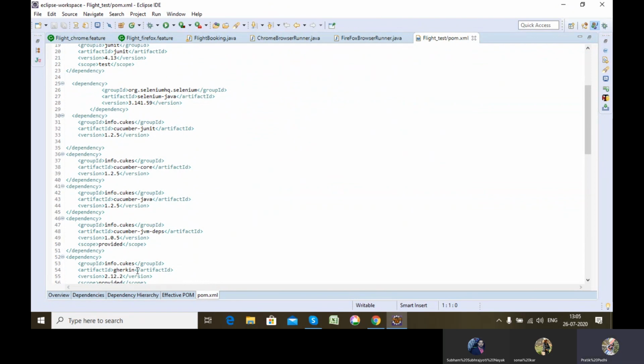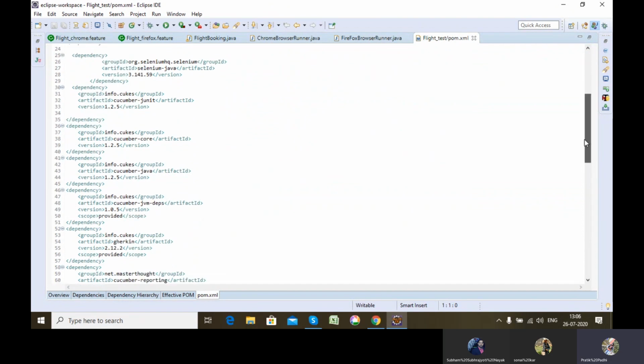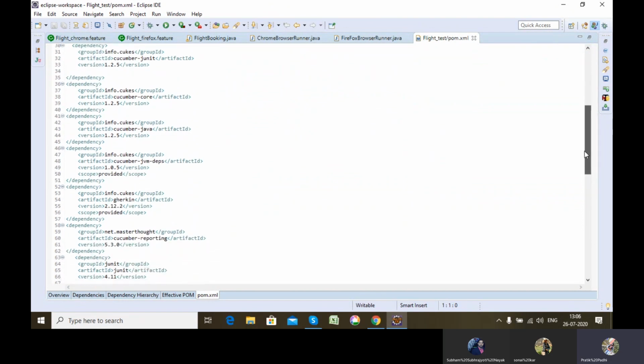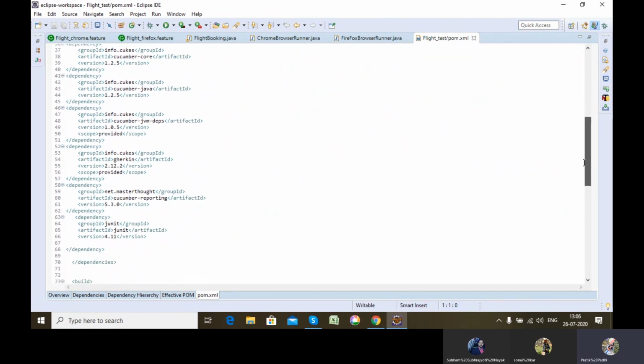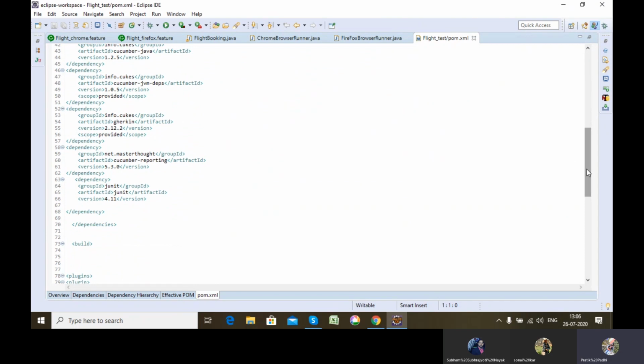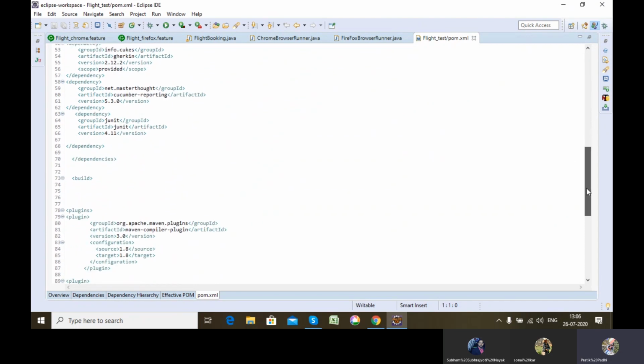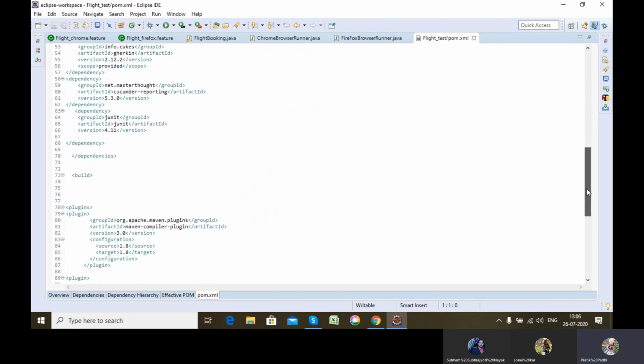Then Cucumber JVM test, then Jenkins. These five I have told you need to have. Then you can use Cucumber reporting and JUnit dependencies. You need to have this in the dependencies so that this jar will be imported in the M2 repository and mapped to this particular project.